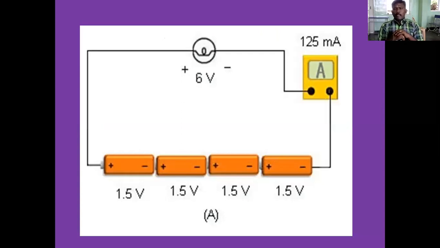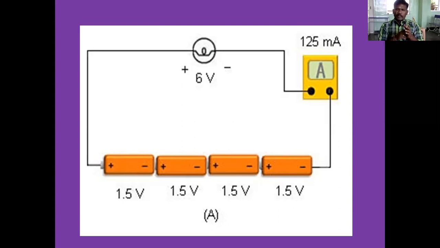See this one. This is a series combination. Series combination is nothing but a group of cells connected with end-to-end connection. What is meant by end-to-end? See the first, in this picture I am connecting 4 cells. Each cell has a positive and negative terminal. So I am connecting 4 cells in series combination, end-to-end connection.